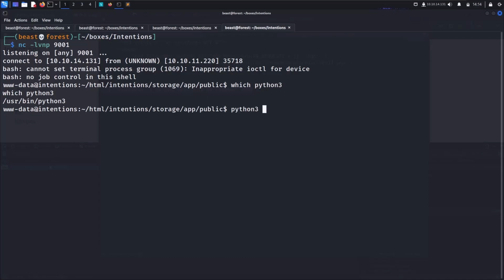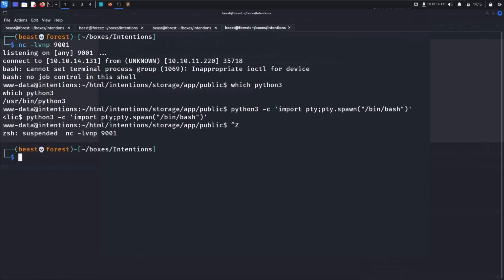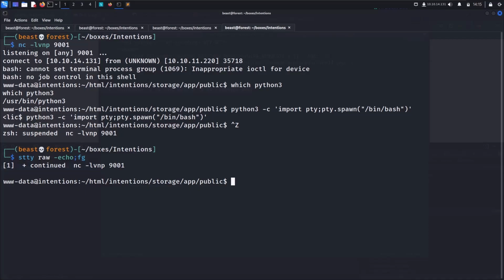Python 3, we will stabilize the shell. python3 -c import pty, pty.spawn /bin/bash, and control Z, stty raw -echo, fg. Okay,